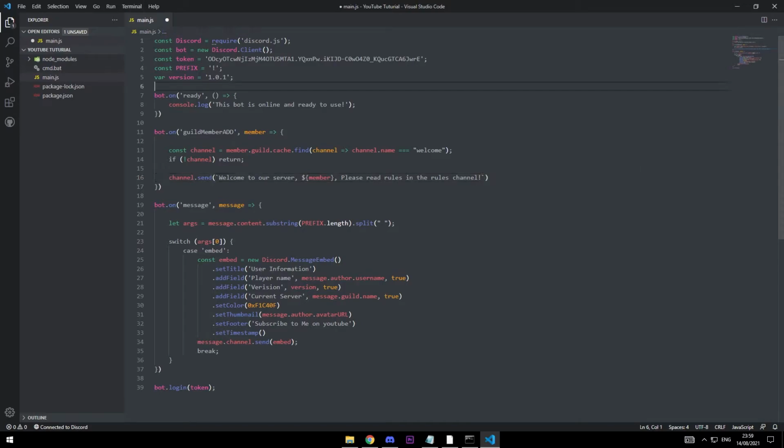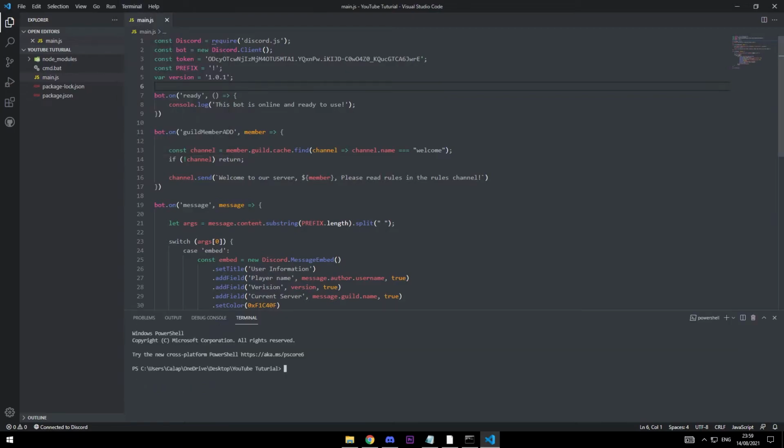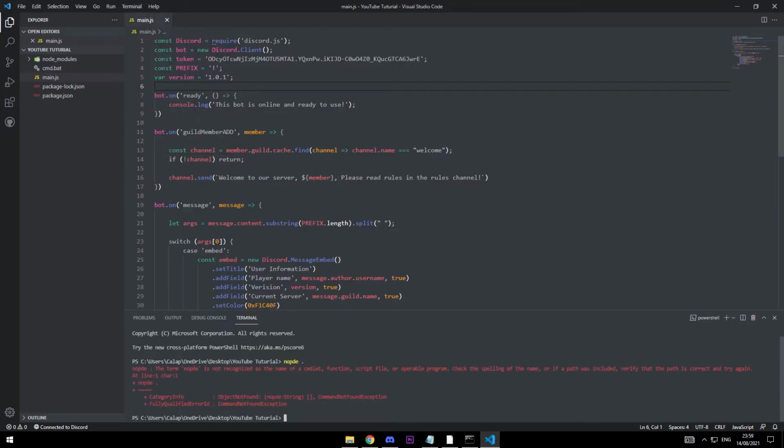So that is it, and if we save that, terminal, new terminal, node space dot,